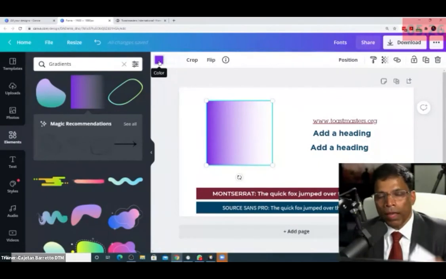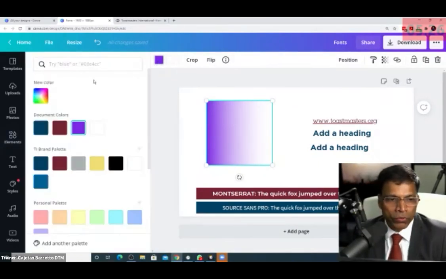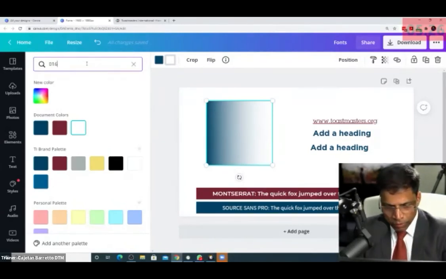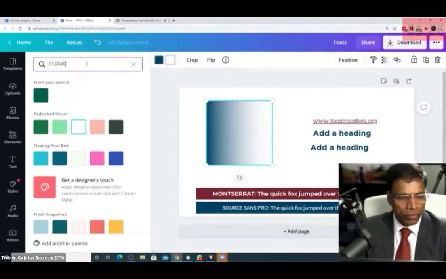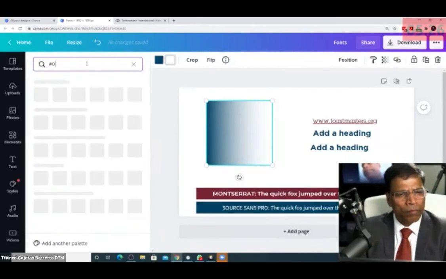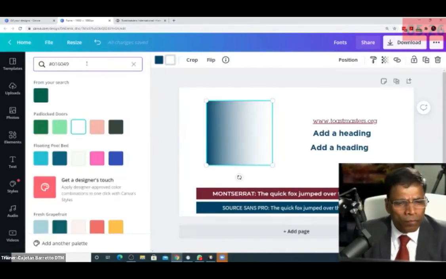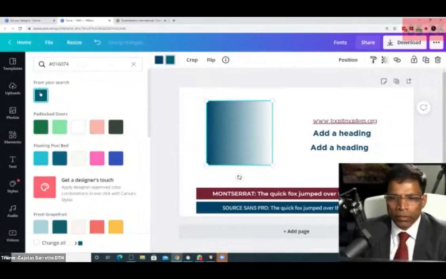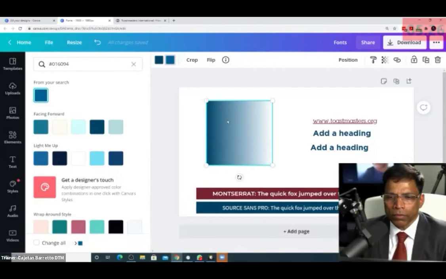The only allowable gradient from Toastmasters officially is to use the blue, which is 004165, and for the second one, you can note it down, 016094. Sorry, it is looking slightly different, 94. Yes, okay, 94. So not this gradient.